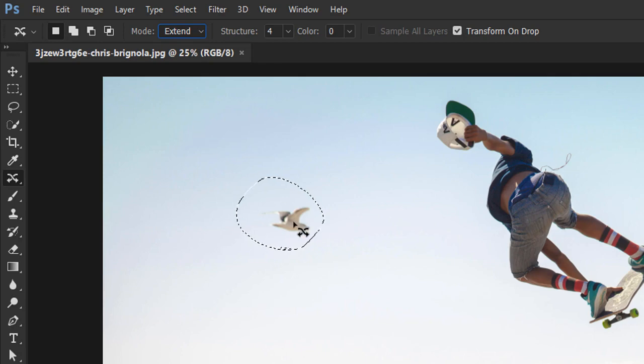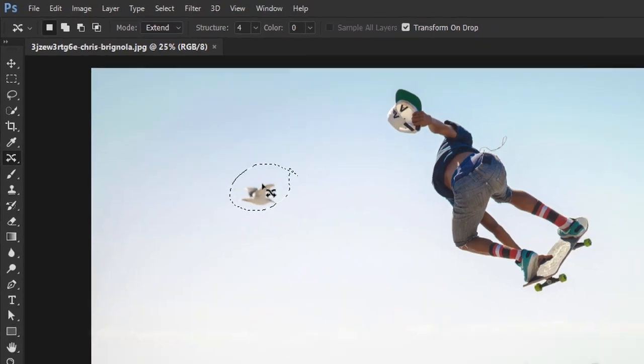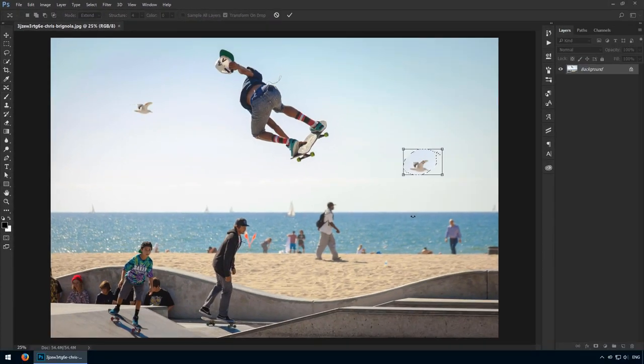Let me copy this seagull. I'll roughly create a selection for it. Now I'll drag it to another part of my canvas. Now, depending on your settings, you might get a different result, and that's because these two controllers are fairly important